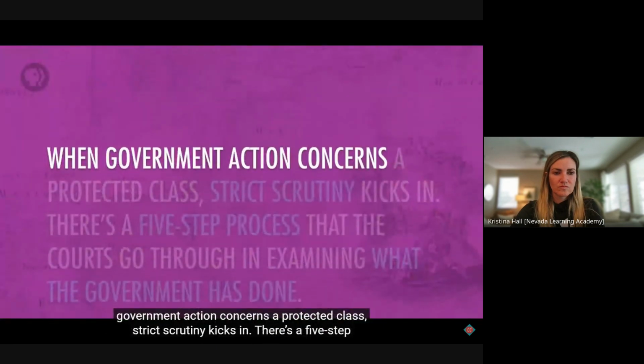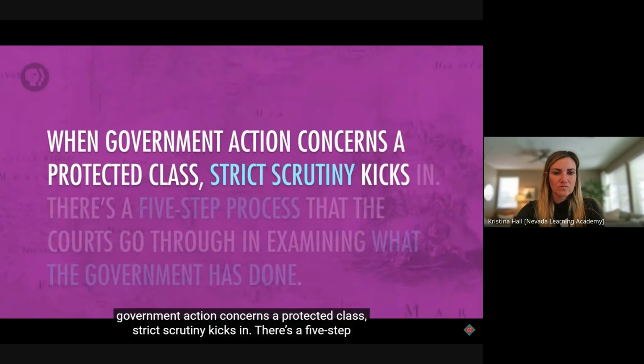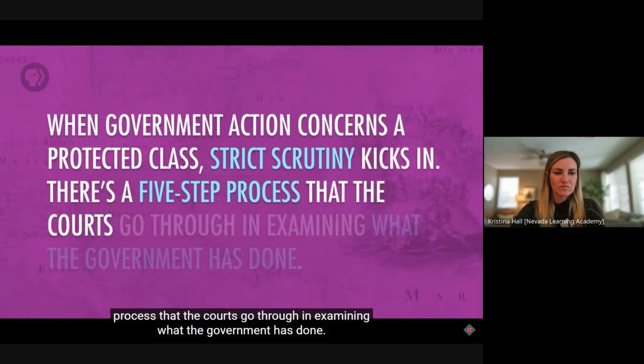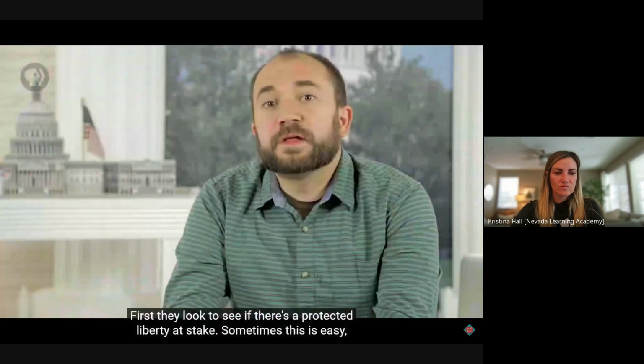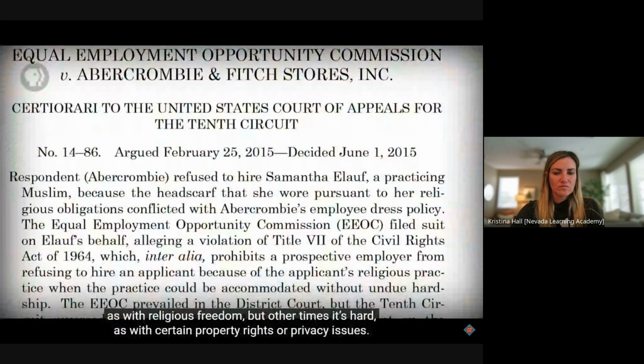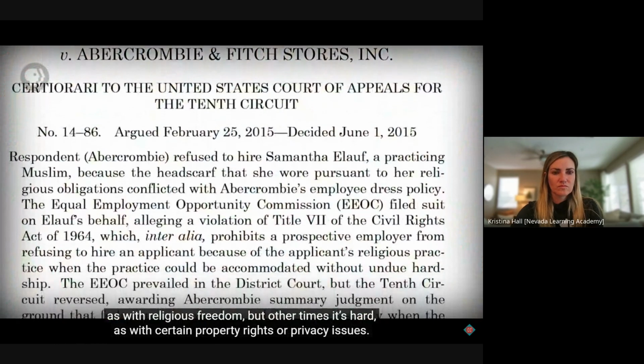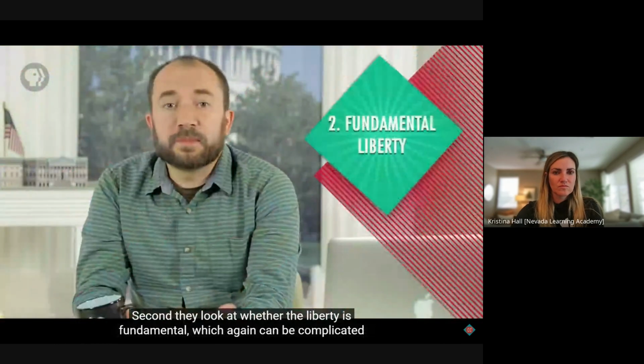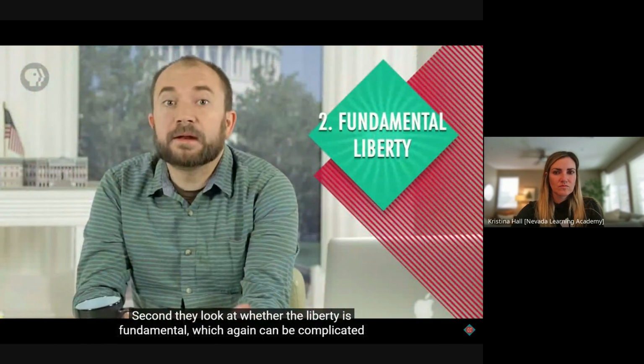When government action concerns a protected class, strict scrutiny kicks in. There's a 5-step process that the courts go through in examining what the government has done. First, they look to see if there's a protected liberty at stake. Sometimes this is easy, as with religious freedom, but other times it's hard, as with certain property rights or privacy issues. Second, they look at whether the liberty is fundamental, which again can be complicated or not depending on what